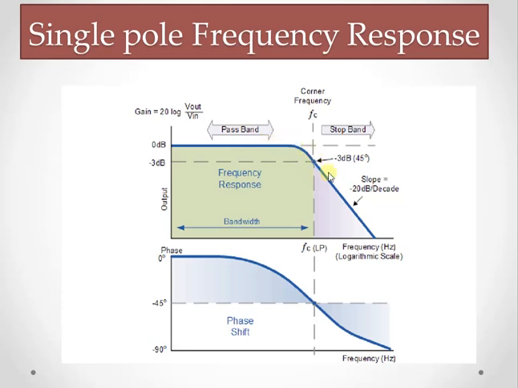But if you go to refer to the phase response, the low frequency phase response has a value of 0 degree, and at the breakover point, that is the value at the corner frequency Fc, it is equal to minus 45 degree, and at high frequency the value is equal to minus 90 degree. From this frequency response curve, especially the magnitude response curve, what we understand is that if it is a single pole amplifier or a filter or any other circuit, then the rate at which the magnitude falls will be equal to minus 20 dB per decade.